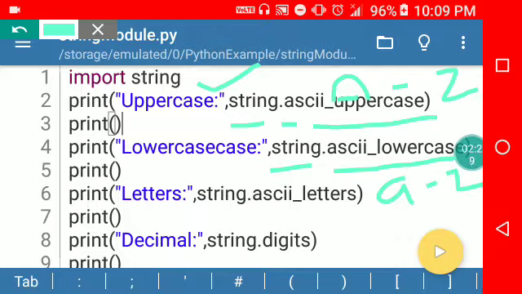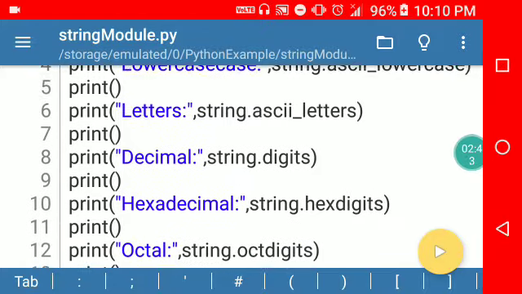Here string ascii_letters means the combination of uppercase and lowercase, both uppercase and lowercase. Clear?